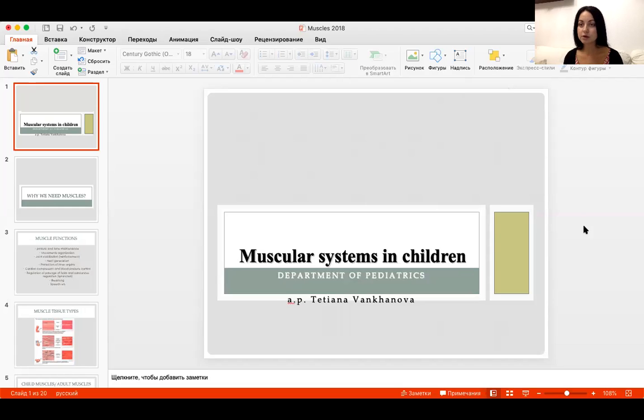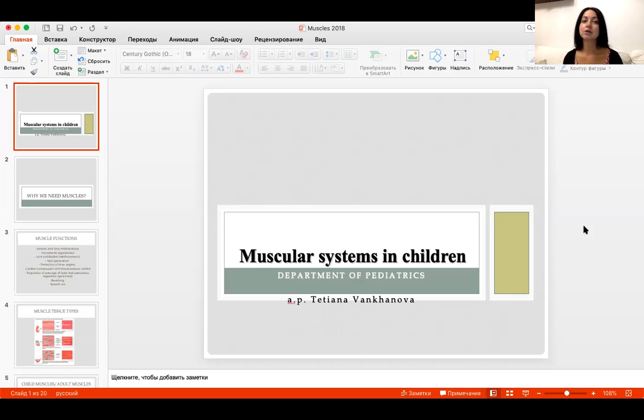As usual, we will start with anatomical and physiological features of muscles in children. We will remember the function of muscle and muscle tone in people, in children in particular. Then we will talk about some specific features useful when you evaluate the muscle tone and muscle state in children, especially in young children, newborn children, and then